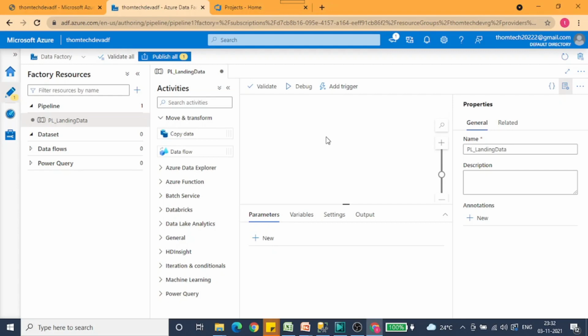Okay, and with that, let's go back to the DevOps. So over here, let's click over here. You can see two options: one is Data Factory, and the other one is Set up code repository. When we select Set up code repository, it will ask for all the details required to configure Azure DevOps for this ADF.